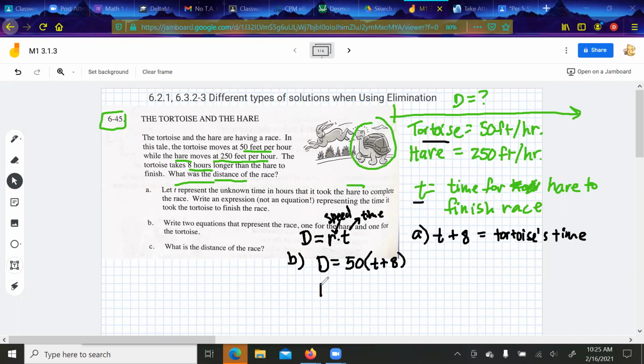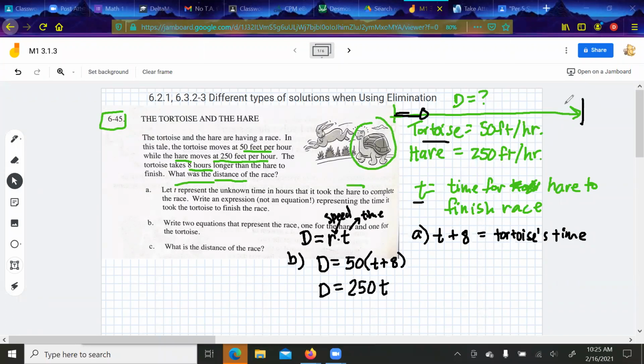For the hare, his equation, distance equals rate times time, is he's going 250 feet per second and his time is T. So his equation, the hare, is distance equals 250T. Well, we want to figure out when the distance is the same, right? Because they traveled the same distance, like the hare went faster and then the tortoise is behind him, but eventually